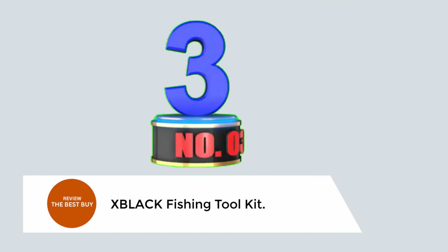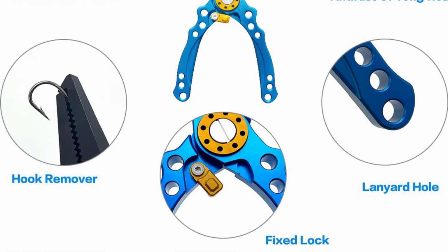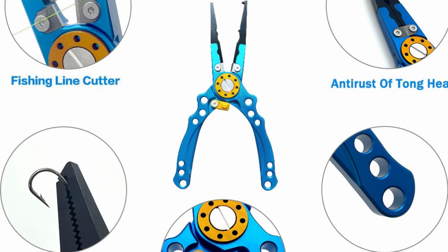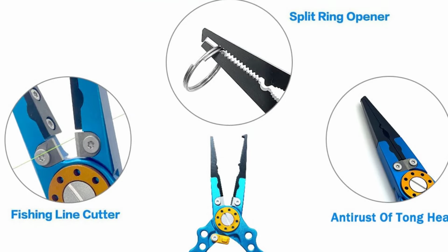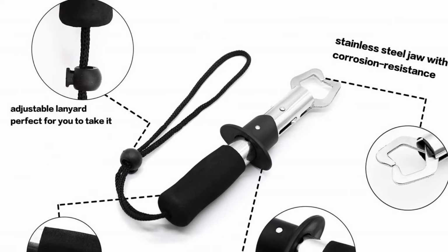Number 3. XBLACK Fishing Toolkit. Introducing the XBLACK Fishing Toolkit, a comprehensive set designed to make your fishing adventures easier and more enjoyable. This advanced set includes multifunction fishing pliers, a fish gripper, and a fishing scale, providing all the essential tools for anglers. The fishing scale boasts impressive versatility, capable of weighing catches from 0.2 pounds to a whopping 110 pounds with